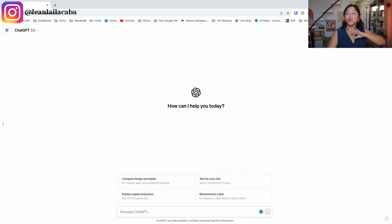So brainstorming: if you are stuck on something, if you have no idea how to do the first step, or you're trying to get ideas for things, like if you're a social media manager trying to get ideas for topics or themes or things to post, you can ask ChatGPT to help you out. For example, as a prompt, it's literally just, can you give me ideas on how I can XYZ? So I'll replace XYZ. Can you give me ideas on how I can get to